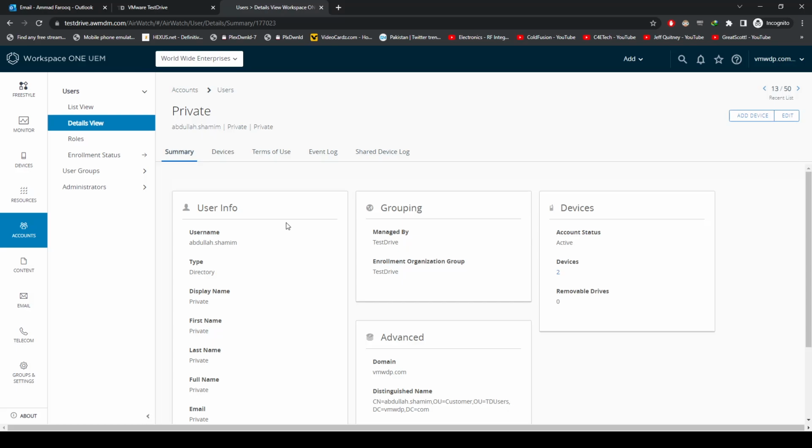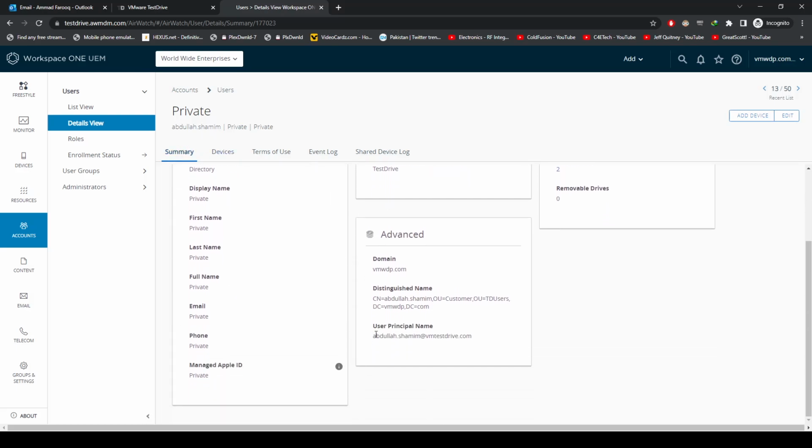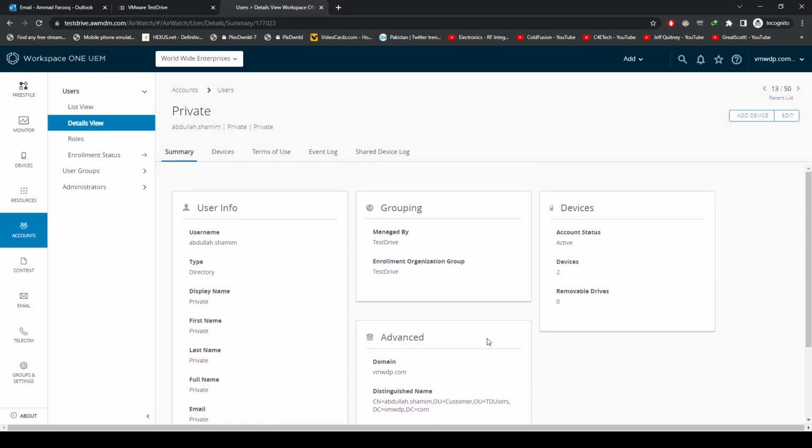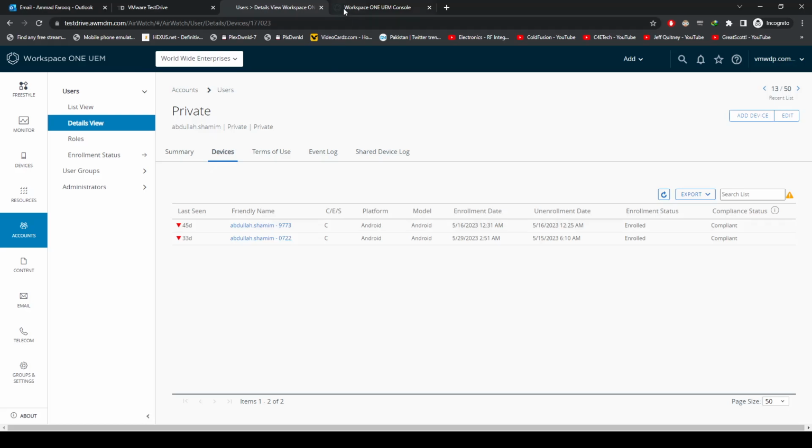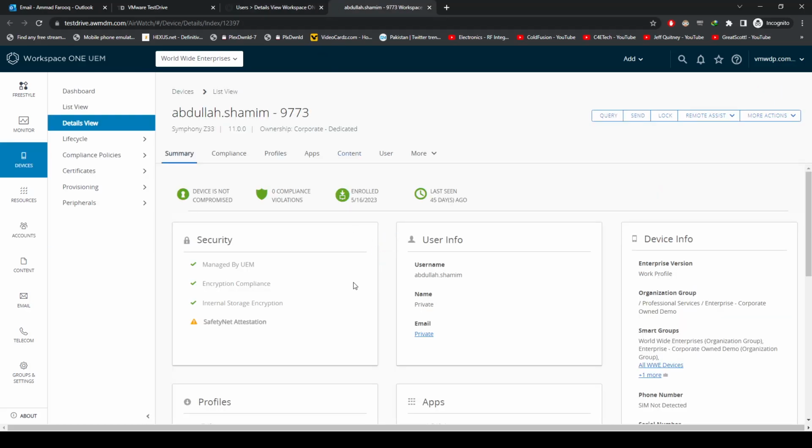So this is the user info which we enter while creating. This is his canonical name, OU. This is his business email, and we can check his devices from here. This one was last synced like 40 days ago. Yeah. So if you open one device, this device is Symphony Z33,